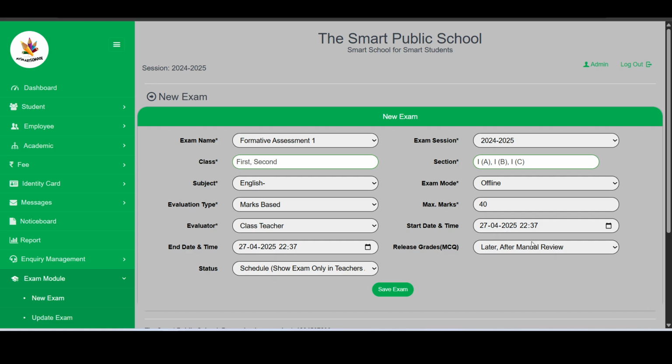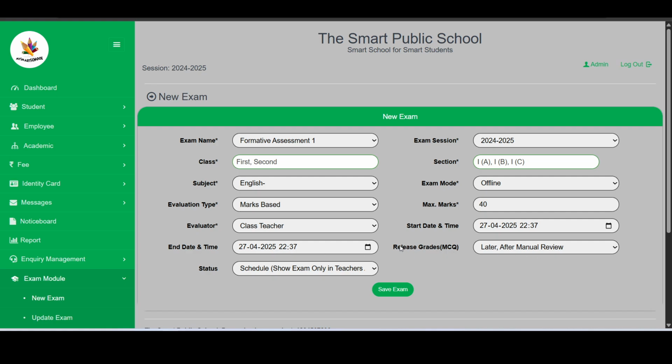Here this is a start date. This date will also be shown on the student page or student login. It means parents can see the scheduled date of their exam, and this is the end time, or we can say a window. This start time is just for showing when their exam will be, and this end time will be used to show the grade or marks of the students.